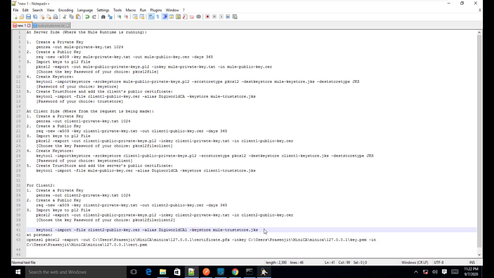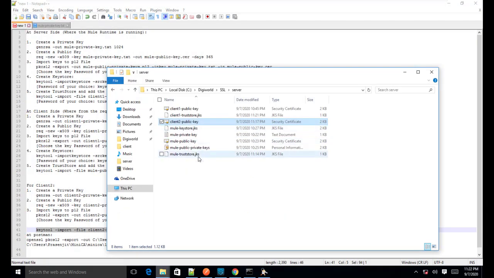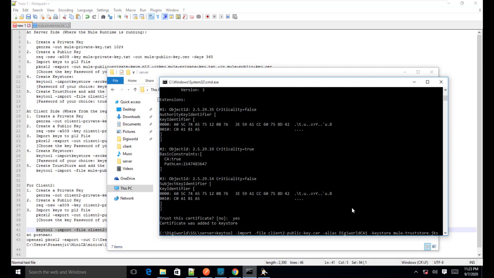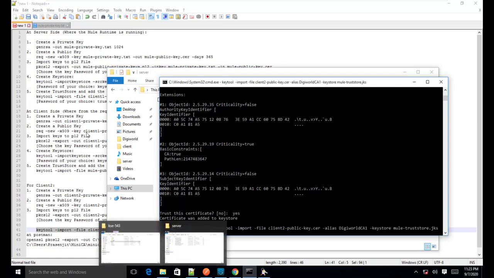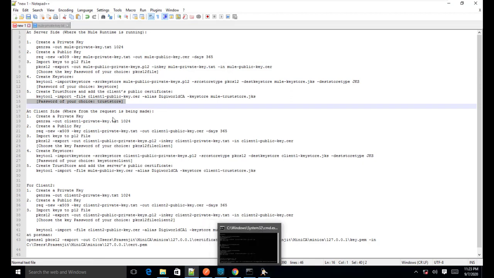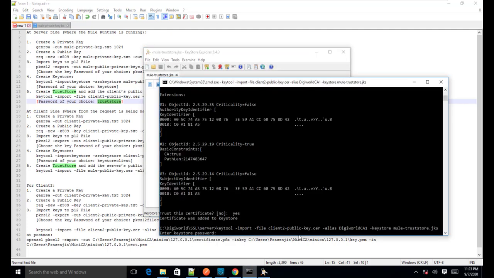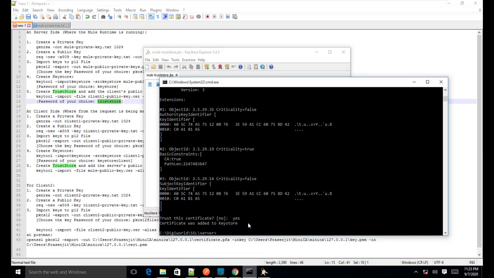Okay, so during the copy paste we need to make sure that we are copying the right thing. This one I have to use once again, and we will definitely find a file with this client trust store name. We have to delete this because it is not required, right? And I will again run this command, and this time also the same password we have used for the server, and here I will put the password, and this time yes.